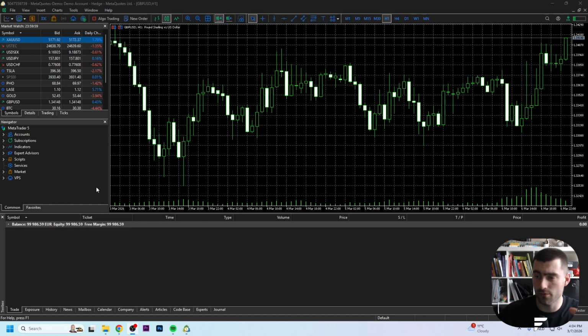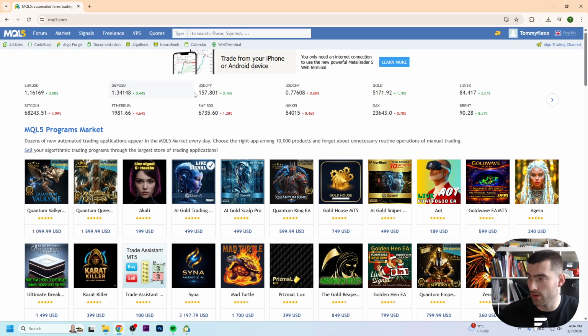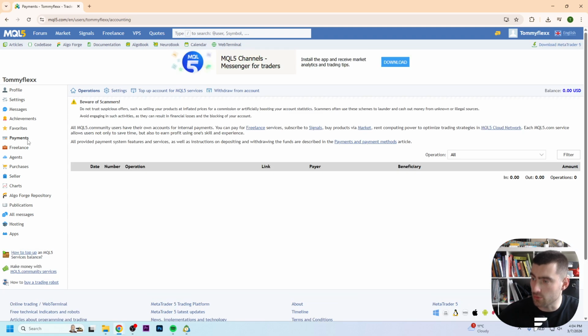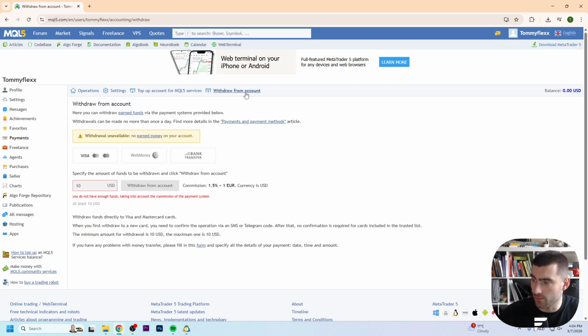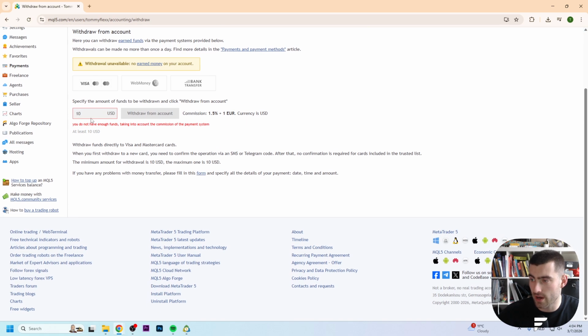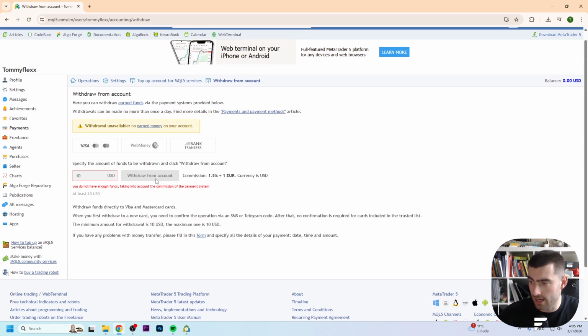But if you want to do it from your real account from MetaTrader 5, what you can do right here is go to MQL5 right here, then select your name and go right here to profile. Then we go to payments, and this is the place where you see right here withdraw from your account. Then right now you can select right here which payment method you want to use, fill in right here how much you want to withdraw, click right here on withdraw from account, and then do the following steps to withdraw